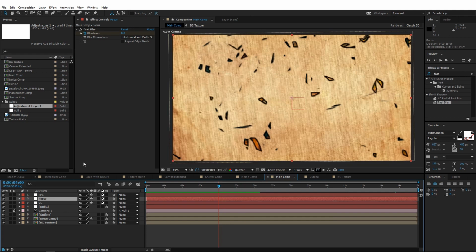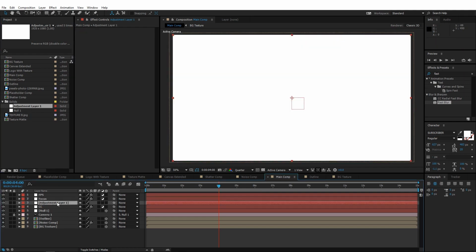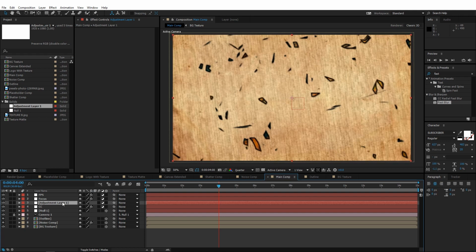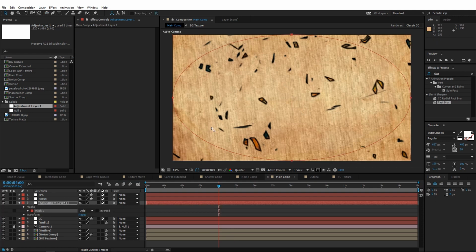Now another thing, I want to blur the edges of this so that the focus is in the dead center of this. So add another adjustment layer. You can drop it below the focus layer, change it to another adjustment layer, and I'm going to double click on the ellipse tool so that adds some mask, and I'm going to add a Gaussian blur on this